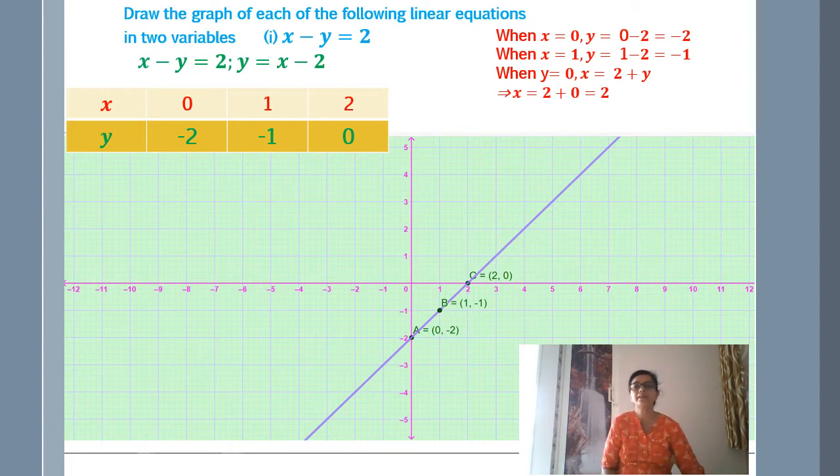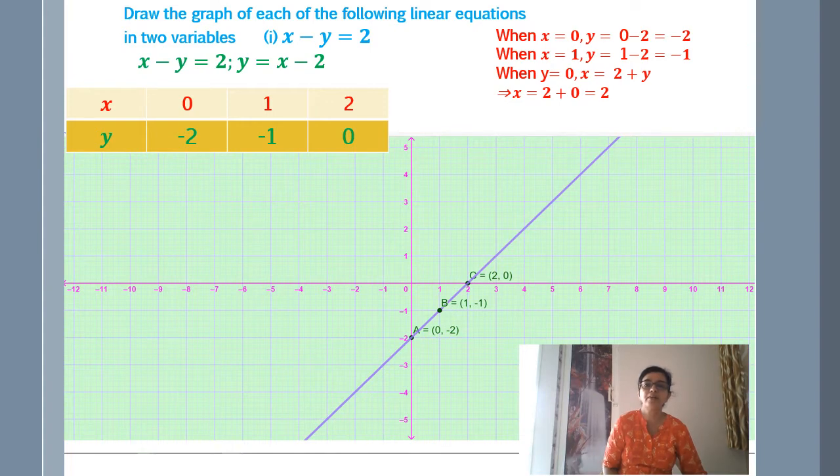Why are we preparing this equation? Because then we can directly find the value of y without consuming a lot of time. So how can we find the value of y? Just put the value of x in the second equation and you will get the respective value of y very fast. So as soon as you write the first equation from the question, you also write the equation using y: y is equal to x minus 2. Here we have transposed 2 to the LHS and we wrote y is equal to x minus 2. Now it will be very easy for us.